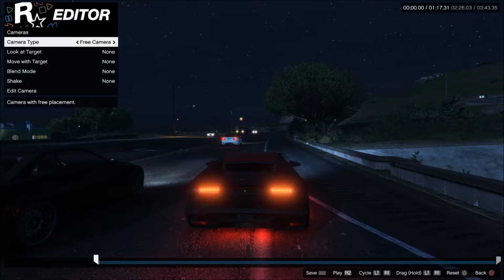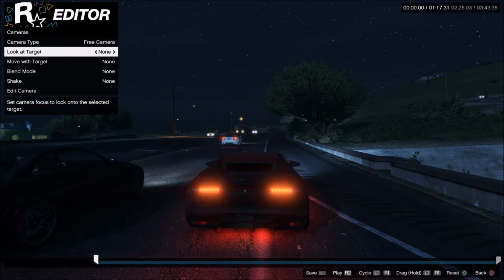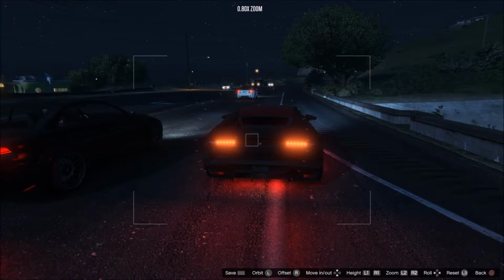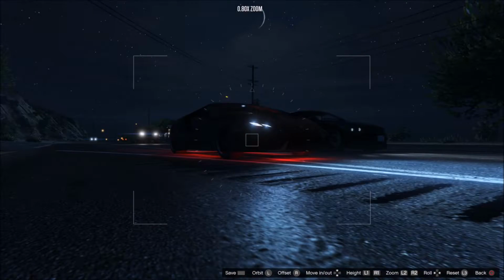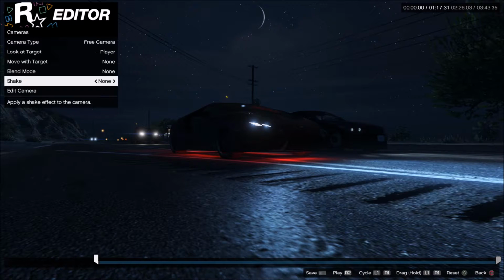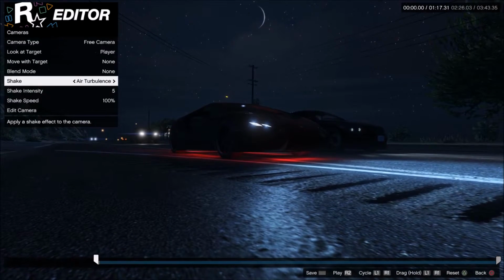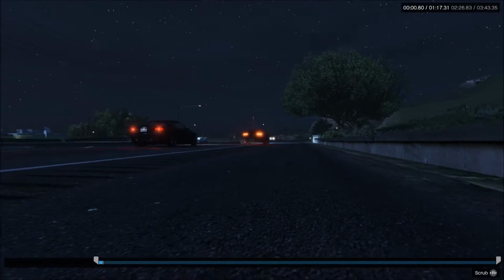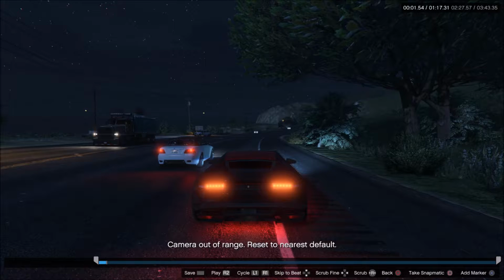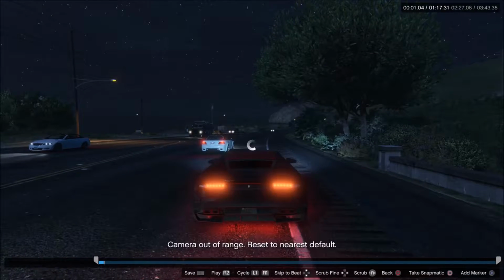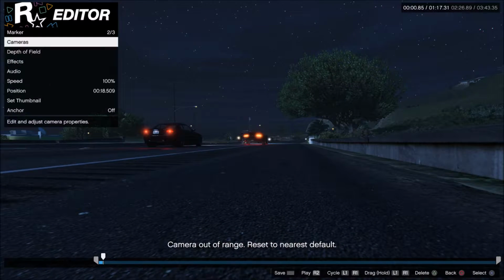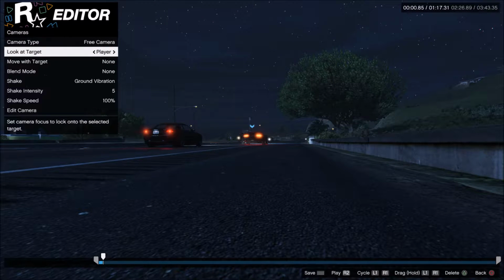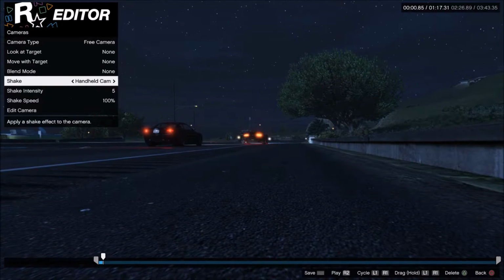But what we're going to do with this one is we're not going to look at target, or well, we'll look at target for this, and then we'll edit camera, and you can swing it around, and we're going to add a, where is it, ground vibration. So let's see what that does, and say camera out of range, reset to nearest default. So at that point we'll add another marker. We will take that off, we will take ground vibration off,